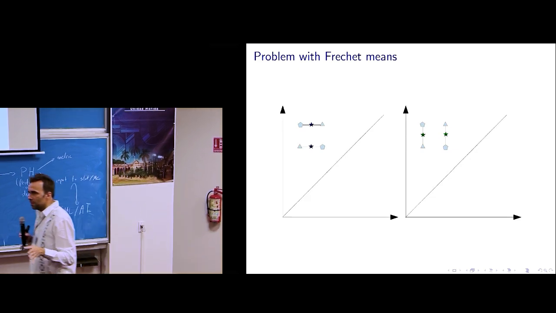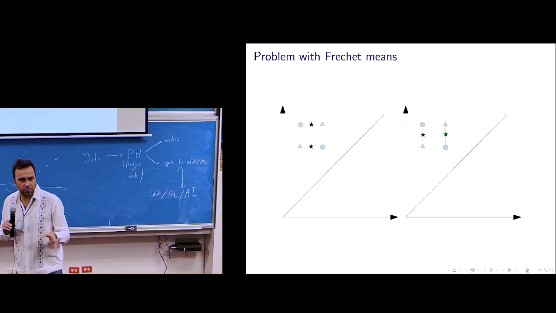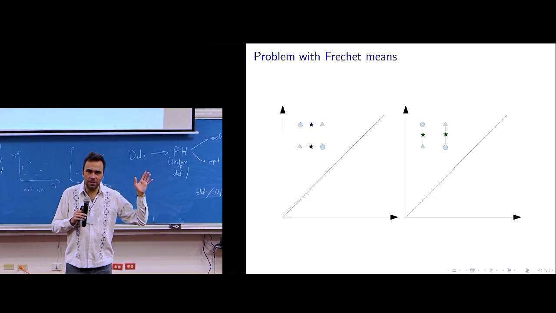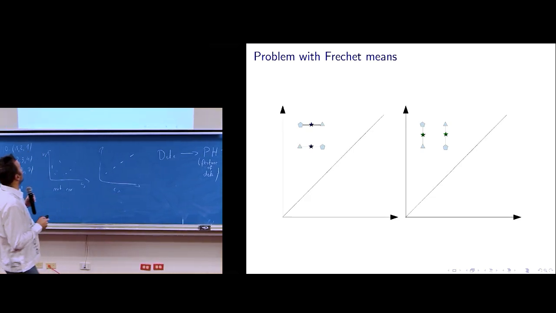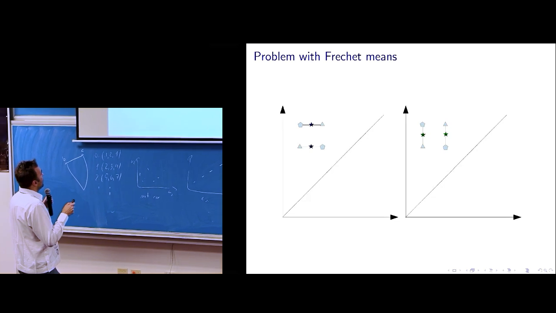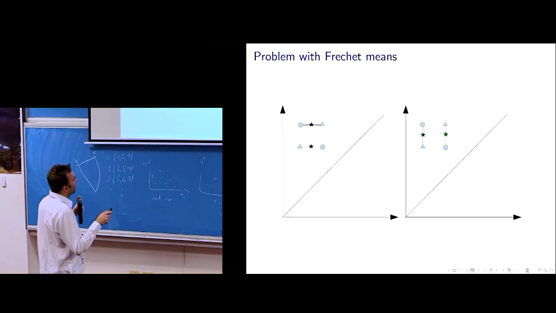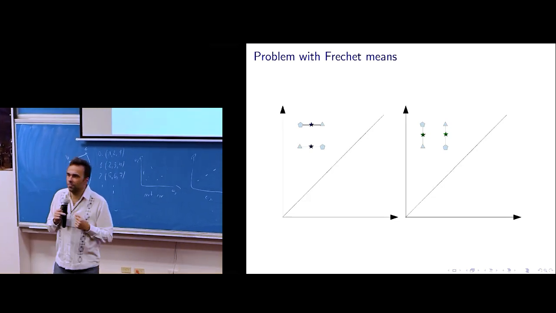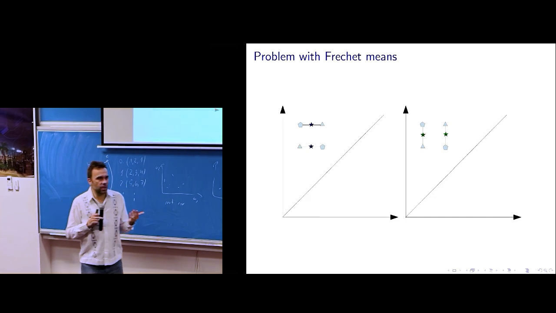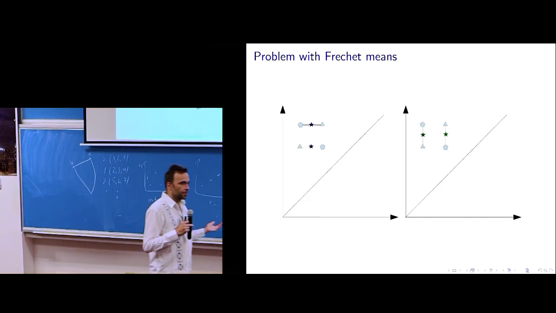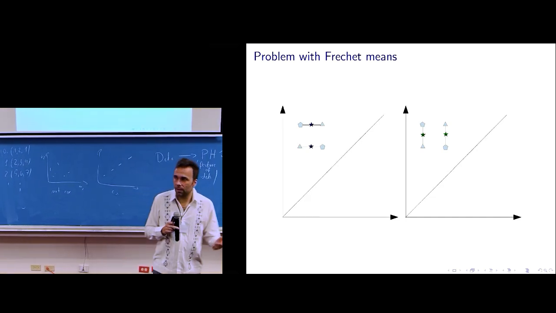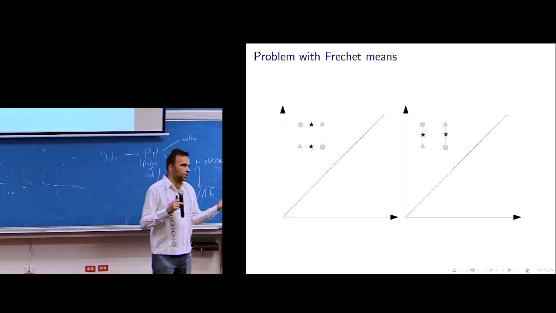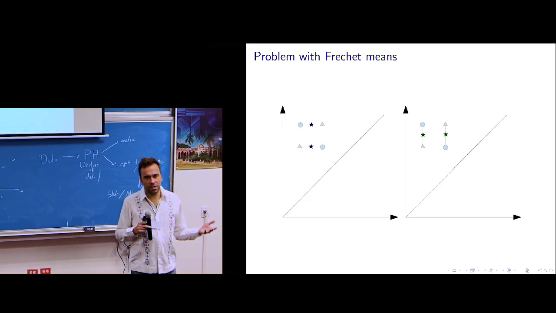It's very good as long as you have a unique transport plan, which in some non-generic situations you don't. For instance, over here, you can match vertically or horizontally. If they are organized like this, they are equally good transport plans, and those average objects exist, but they are not unique. That's pretty bad because when I'm doing some inference, if I have a choice,